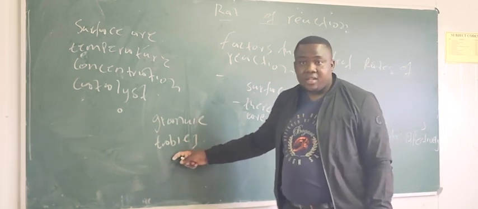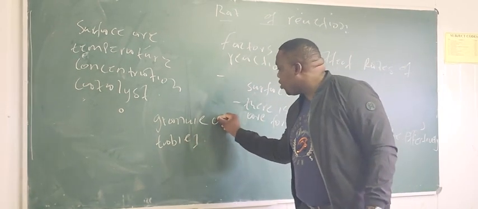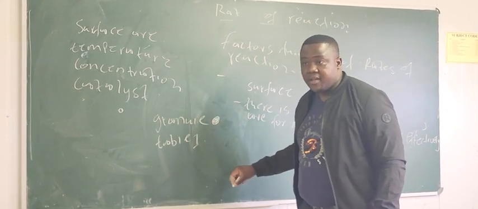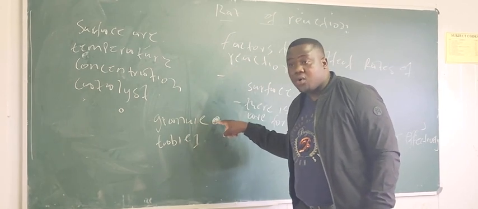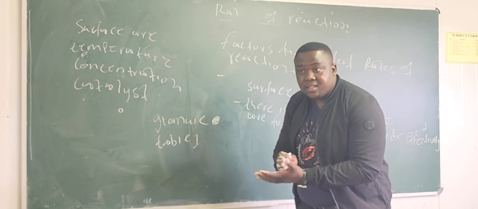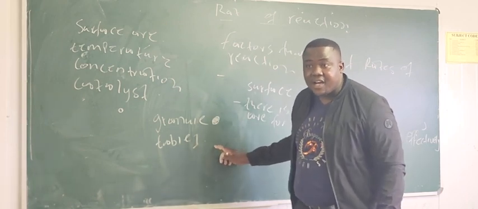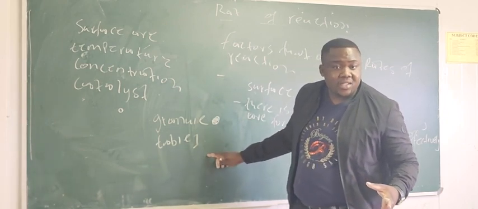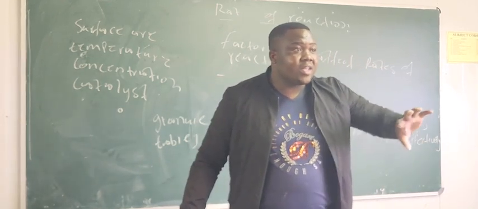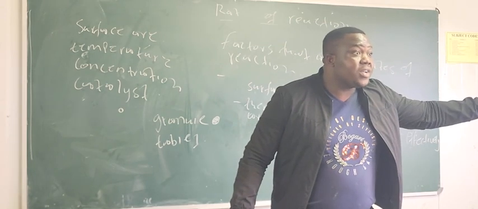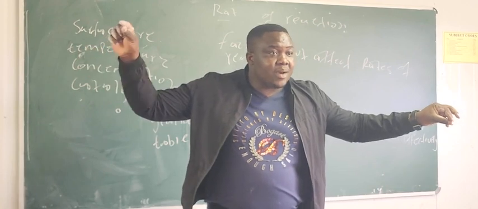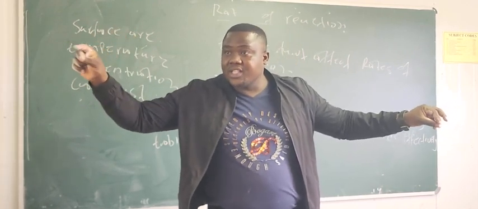If I have this chalk, which occupies this space, and I take the same chalk and grind it, you know what I've done? I've increased the surface area. It means the rate of reaction is faster where there is a powder. And the rate of reaction is slow where there is a tablet, where there is a granule,